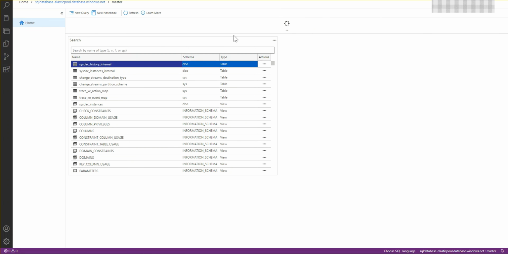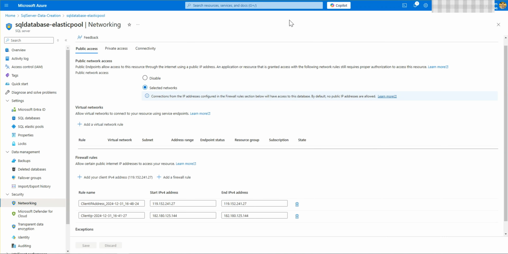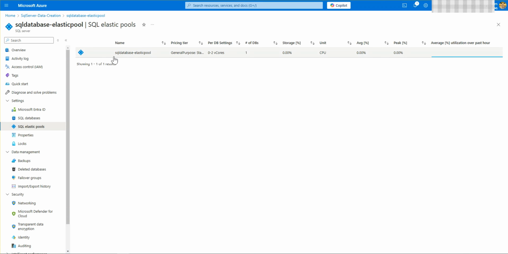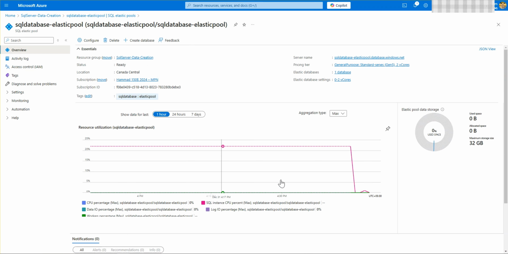We have the table format here, so you can easily connect Elastic Pools to your server. If you want to see the Elastic Pool, you can see here SQL Elastic Pools. So here you can see this is our SQL Elastic Pool